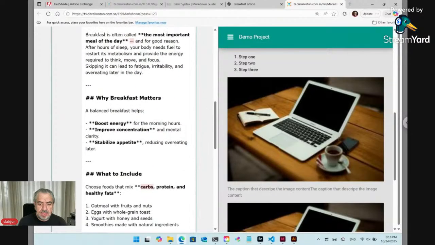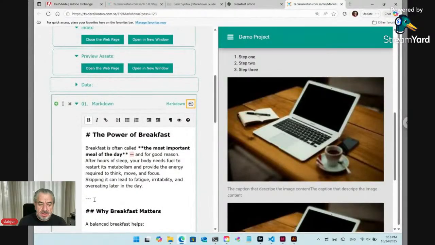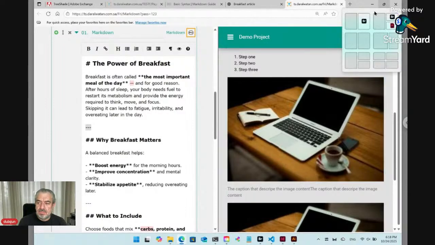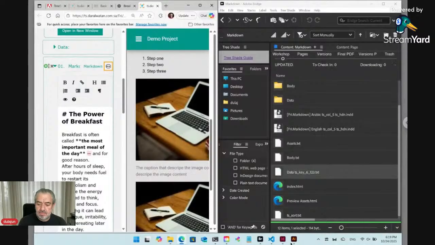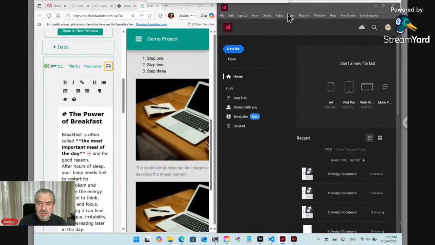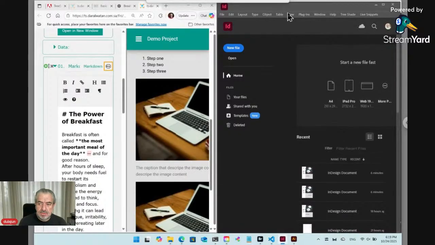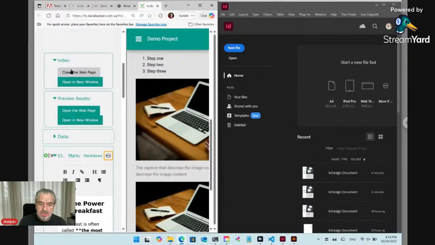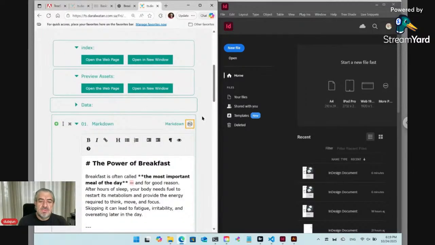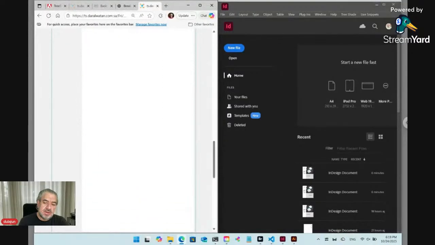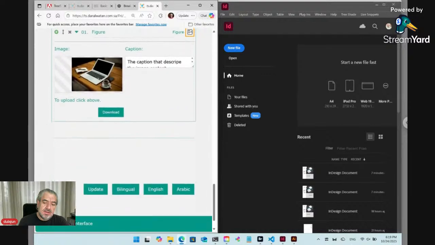So we have main title and subtitle. We have bar. So let's click. Now I want to put InDesign and the bridge on the right. And here, let's close the preview. Now the end user, if he or she clicks update,